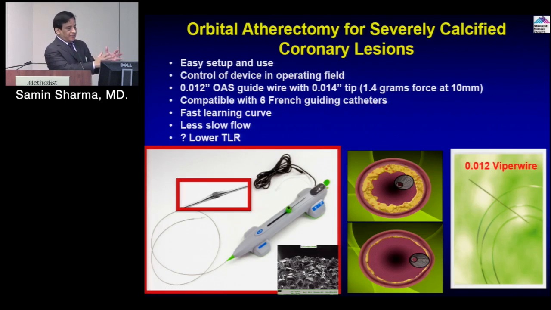So rotational atherectomy was there. This field is gradually exploding. So the second device is the orbital atherectomy, which came in October of 2013. It has an easy setup and a better wire, 0.012 compared to 0.009, and a smaller catheter compared with the 6 French, a fast learning curve, less slow flow, and everything is on the table, just like the Rotapro, which will be made now. So all the speed, knob, adjustment, all here, nothing separate. Clearly the two speeds are here, 80,000 and 120,000, and this is a very complex conical burr, very